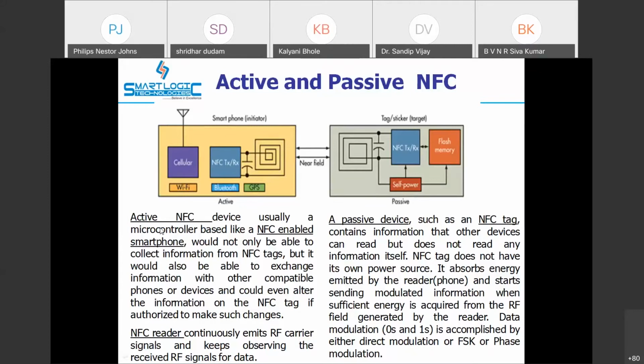The active device is connected to your smartphone or maybe a reader, and it supports various communication technologies like Wi-Fi, Bluetooth, and GPS. So we can read the data. Obviously this tag or sticker doesn't have power. The power is generated by the electromagnetic waves generated by the reader. That way the communication is established. It's very similar to RFID.